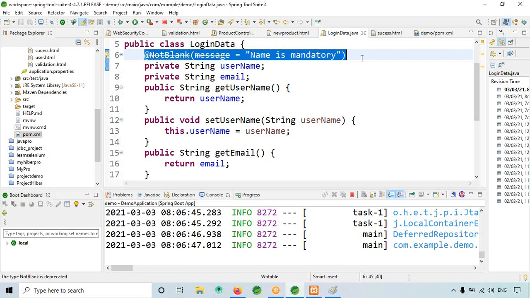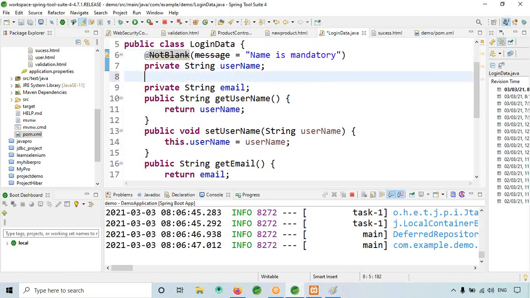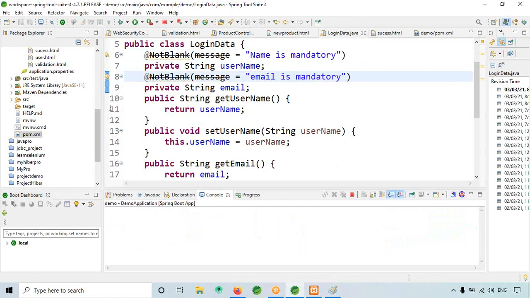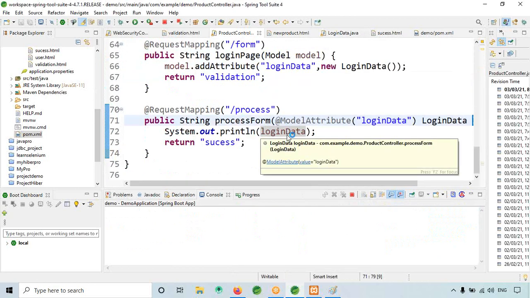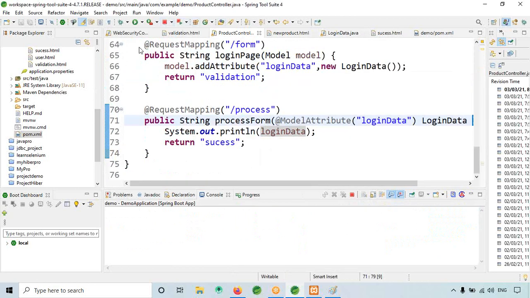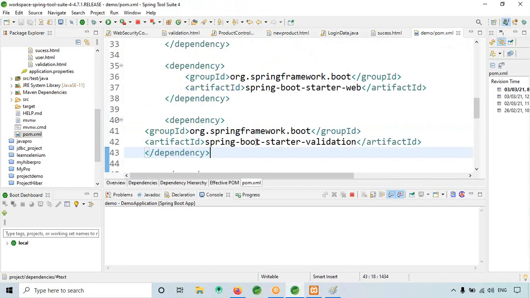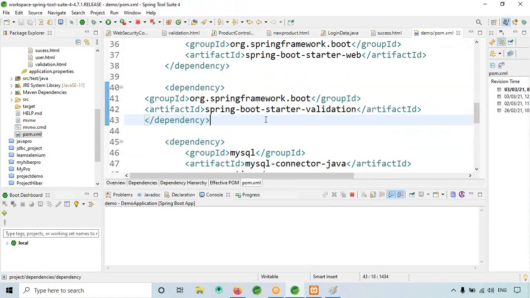Just copying here, email is mandatory. So like that, I will use these methods. Next, in the controller, see, once you added the dependency, what you added is this Spring Starter validation dependency.